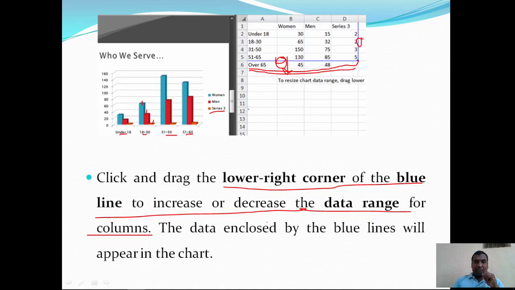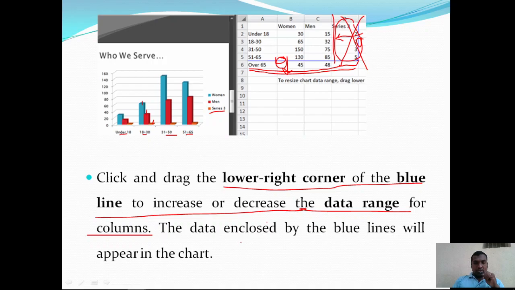In the same way, if you want to remove a particular column or a particular row, just move this blue line onto the preceding one, so that the blue line appears here and this value is going to be removed.